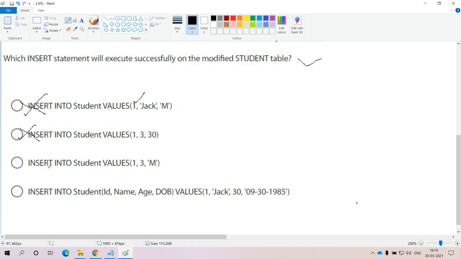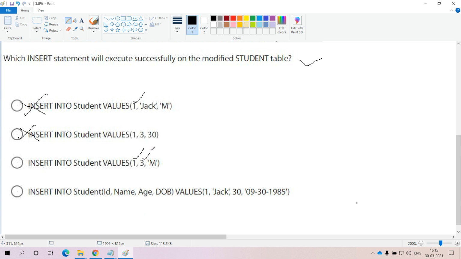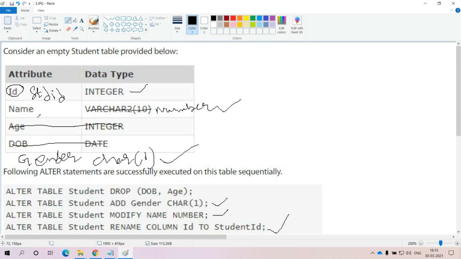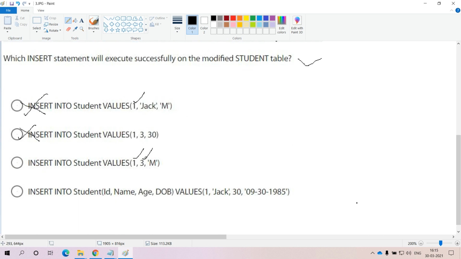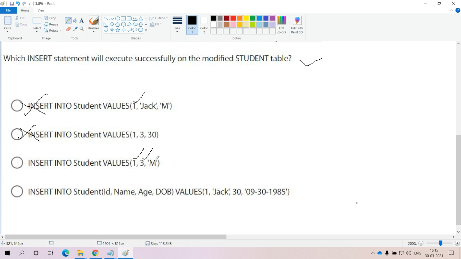Coming to the fourth option, insert into student values of, within the student id, which is of the type integer, 1 we can store, no problem. And coming to the name of the student, here the name data type we are changing, the updated data type is number, so within the name we can store 3, there is no problem. And coming to the gender of the student, a single character we have to provide, and we are providing a single character. So this is the right statement among all the remaining statements